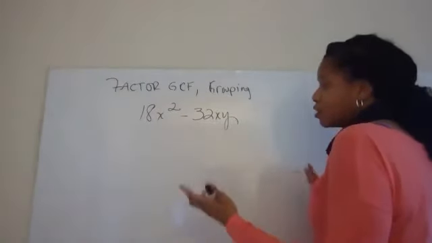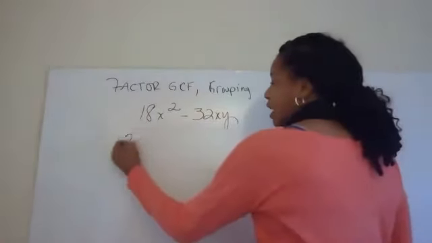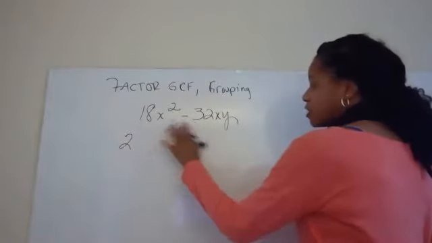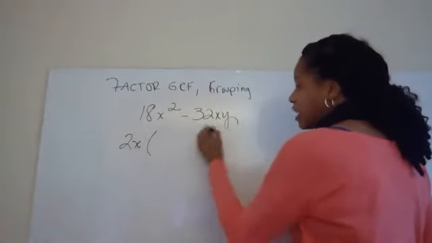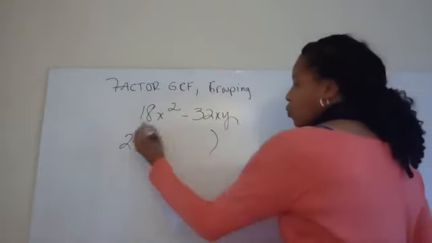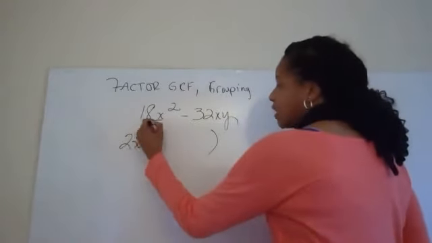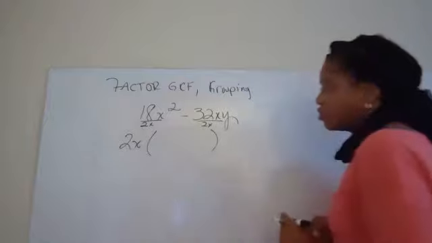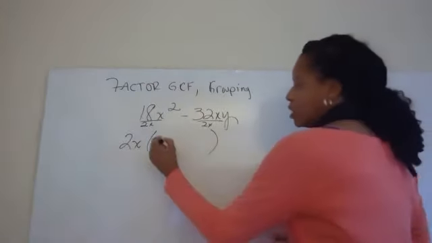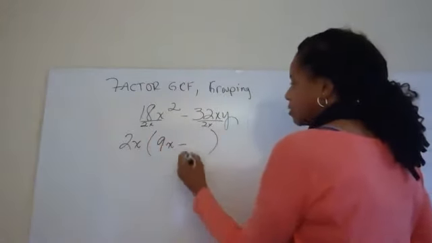So you would take that 2 and you would divide it out. And then when we look at the variables, they each have an x. So our GCF would be 2x. And what is the GCF? It's almost like dividing it out of each term so that you know what's left. So I would be left with 9x minus